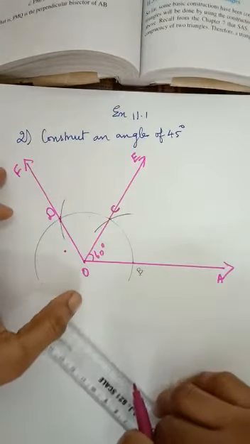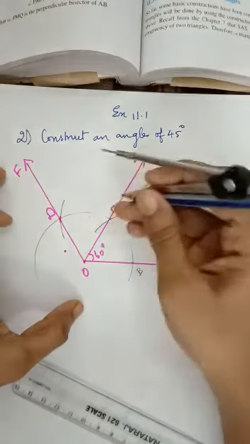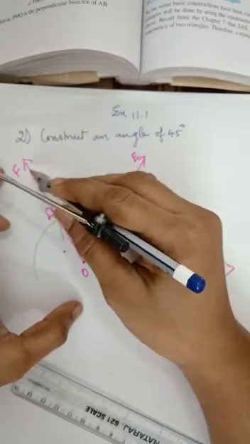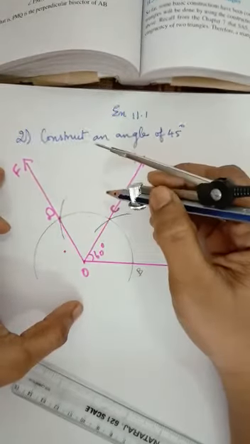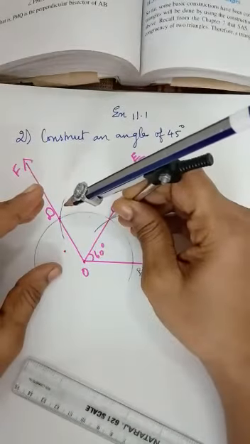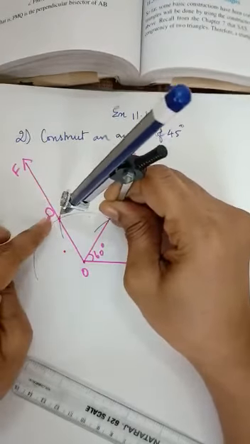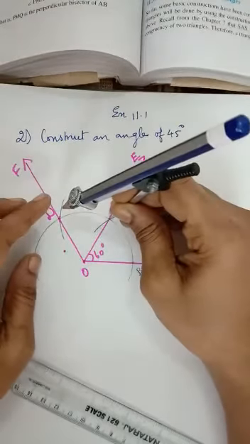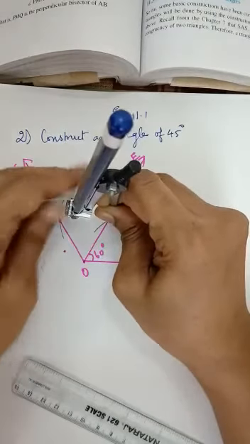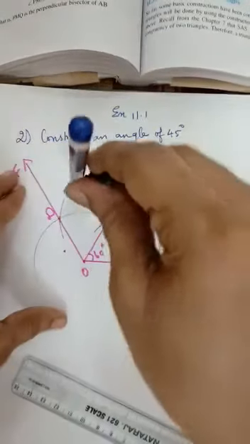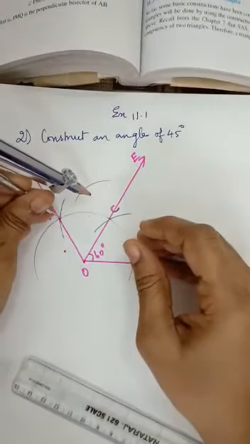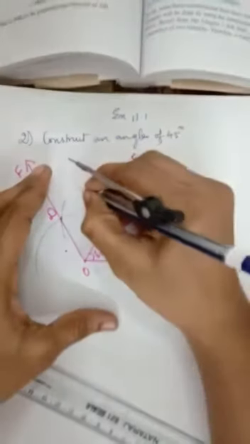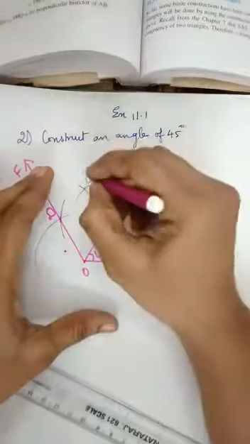Now, students, listen, you have to construct 90 degree. So you have to construct the bisector of angle FOE. How do we construct the bisector? Listen, already we have learned. You just consider DC is a line, and take more than half. Taking C as center, draw an arc. Now taking D as center, draw an arc which is intersecting the previously drawn arc. So this point is G. Is it clear?